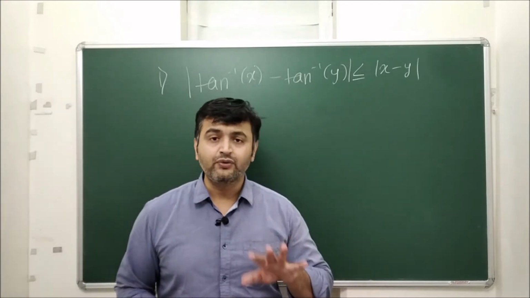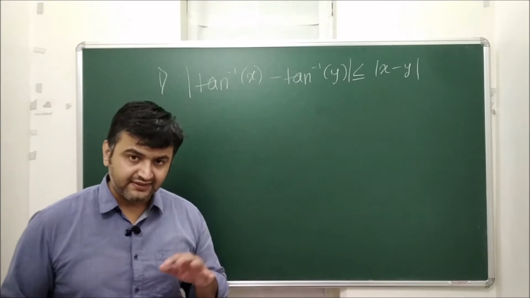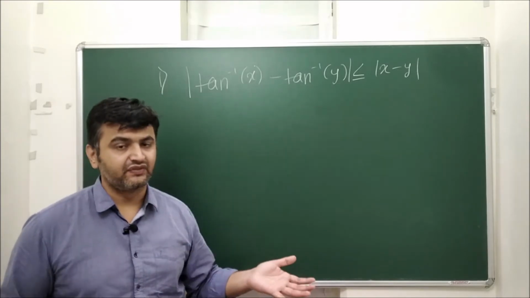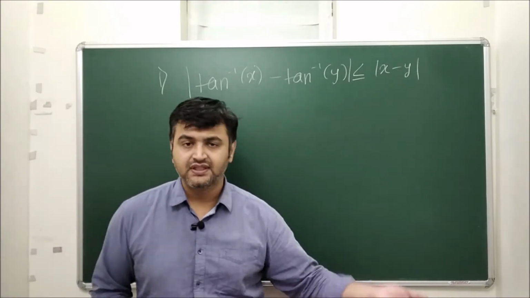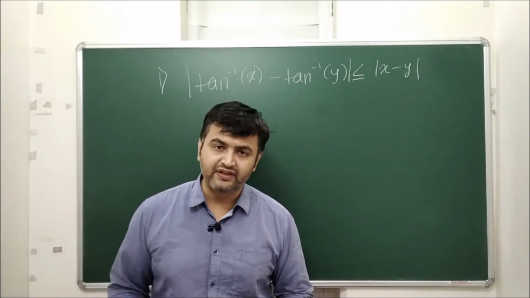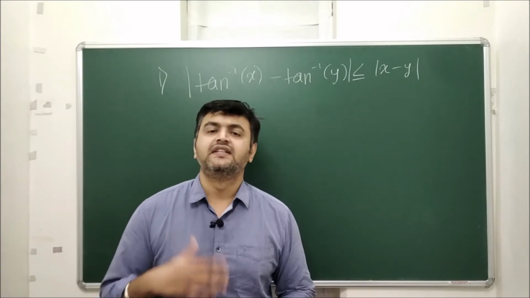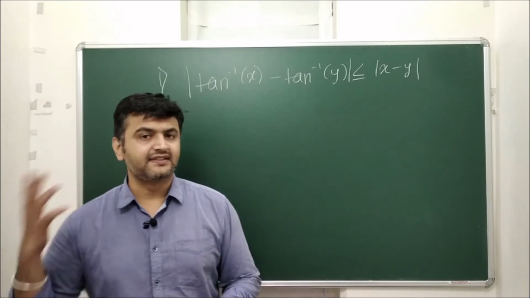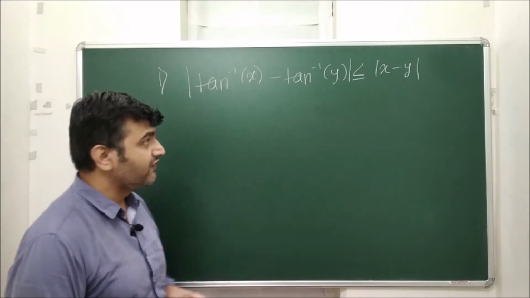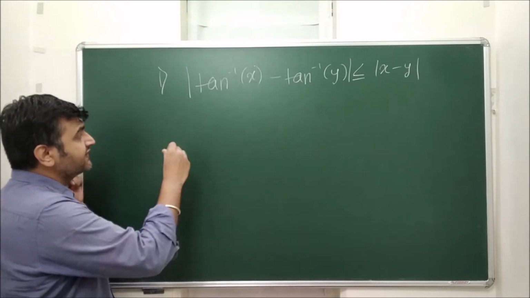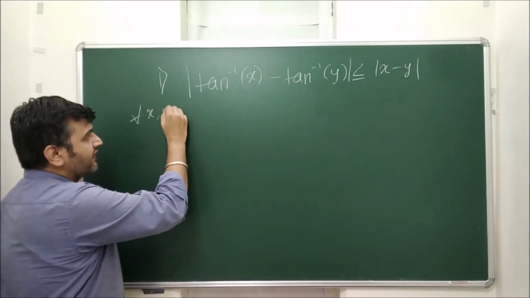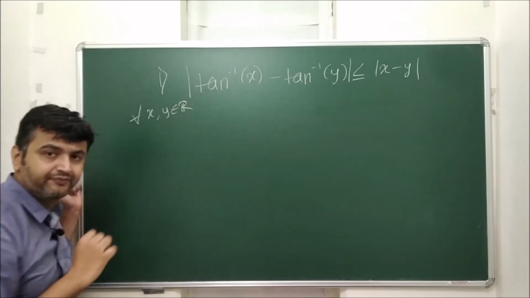So I'm going to prove 5 inequalities, and at some places we will see it's easy to define the function, so we go by mean value theorems, and in some places it is difficult to define a function or it's not easy to visualize at the first shot. In such a scenario you can go by increasing and decreasing. So let's go for the first one. Now I want to prove that this inequality is true for any x, y belonging to the real numbers.